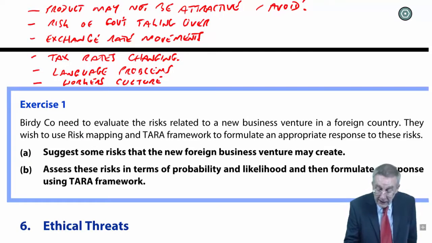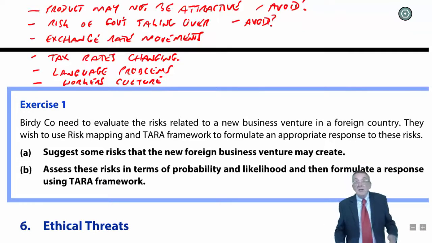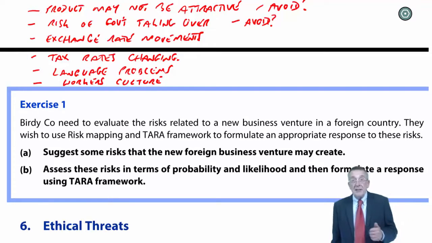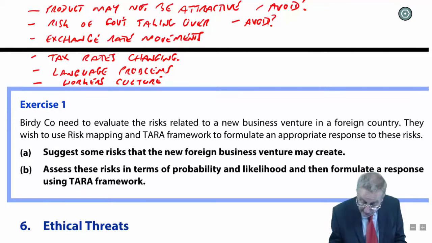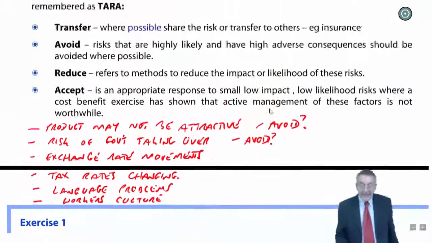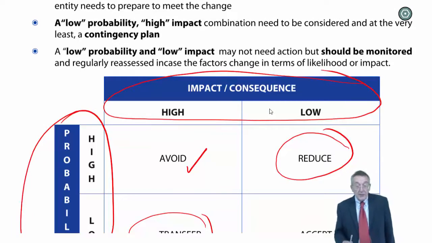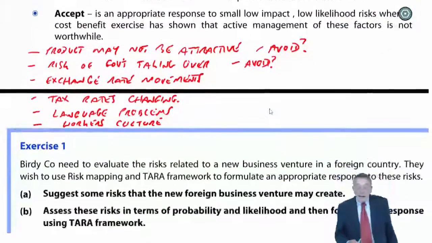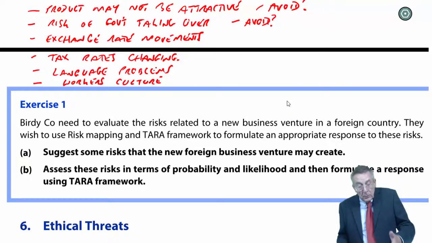And similarly, with the government taking over. I'm putting a question mark because, of course, I don't know which country it is. We don't know if there's any history of nationalising. And so we don't know how high the impact of it is. On the other hand, if you think back to that TARA framework that I had a minute ago, actually, can I wind back? I said, if there's a high probability and it's a high impact, we may decide to avoid. But I also said, if there's a high impact, which those two are, if I thought there was a low probability though,